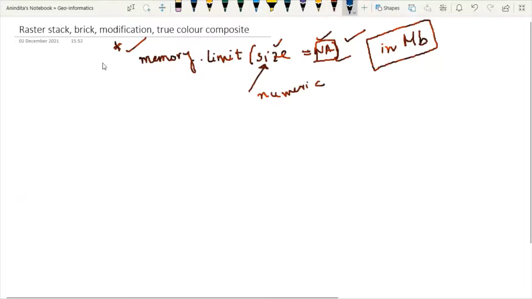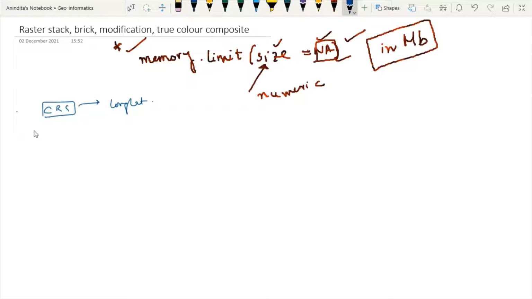Here you can ask me one question: why do we have to change the coordinate system? Why is changing the coordinate system from CRS to long lat or long lat to CRS important? I'm giving you a very simple theory. We often need to gather spatial data sets from different sources. We will exploit different data sources like Landsat, Sentinel-2, RapidEye.